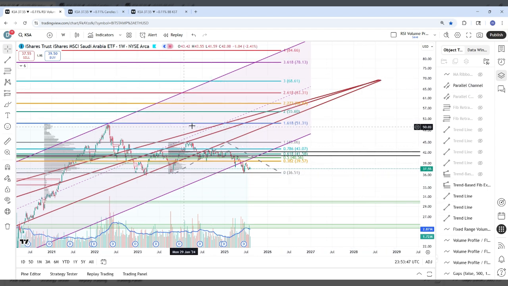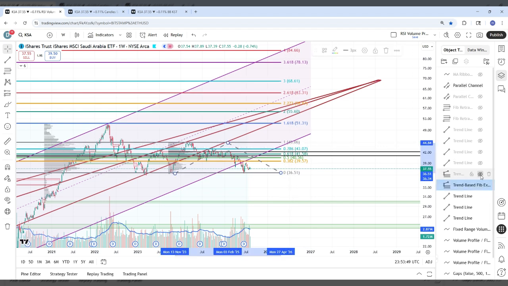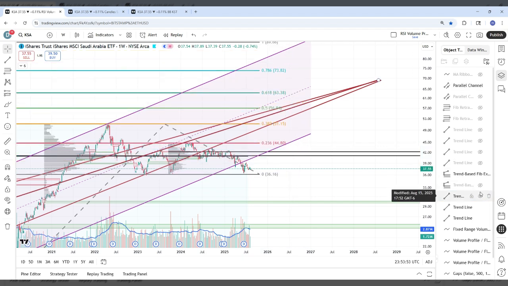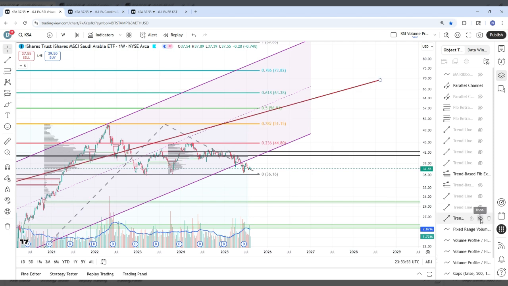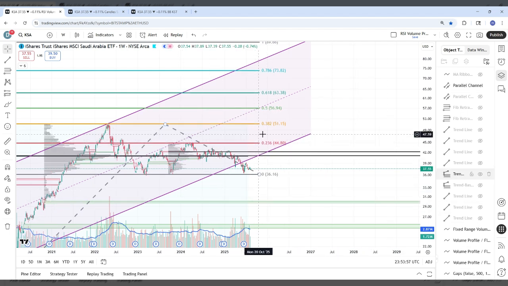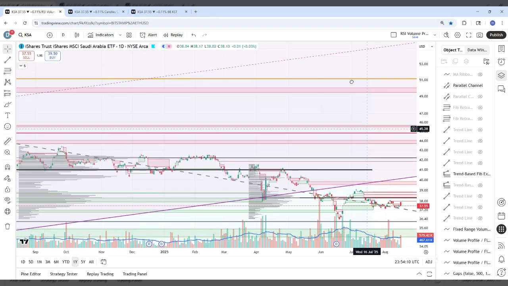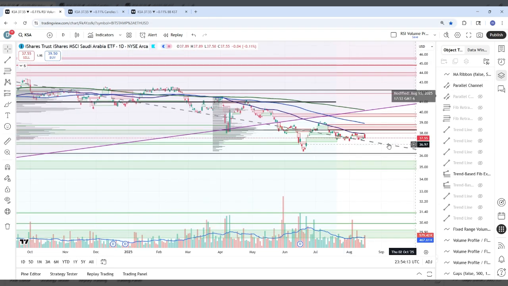Again, I like this 168, or if I do this extension, oopsie. We got this 236 in the short term, the 382 in the medium term. But we got to break again. We got to see it breaking up above this 50-day moving average. If I look at my other charts,